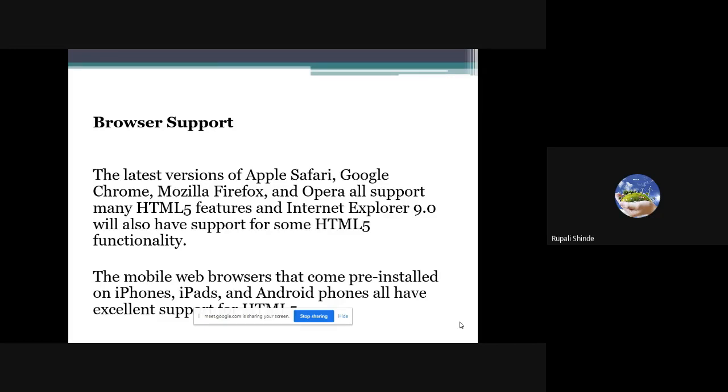Mobile browsers also already support HTML5 features, or the inbuilt browsers also support the HTML5 elements, so there is no need to add any additional feature in the system. So any browser can support HTML5.